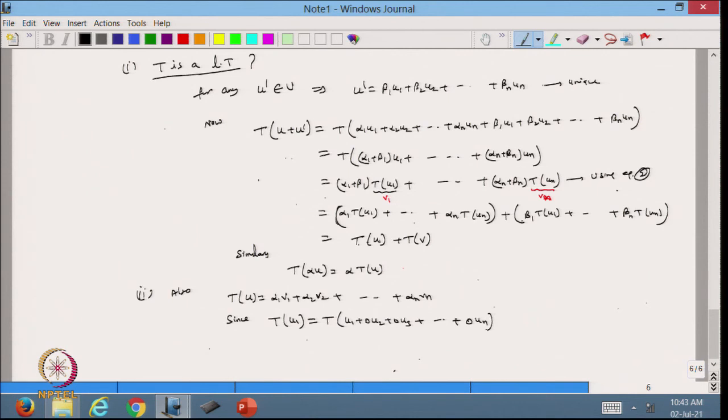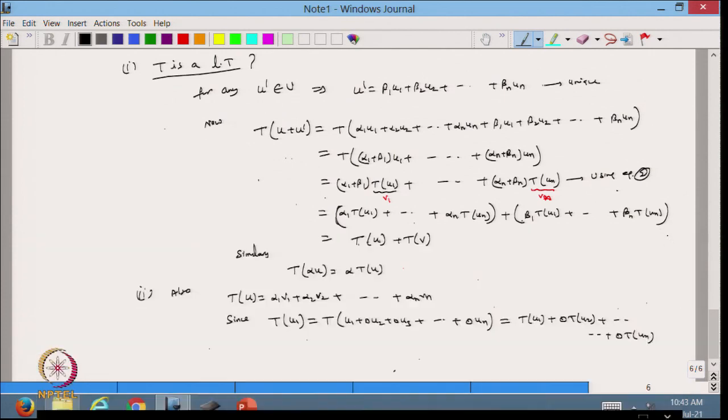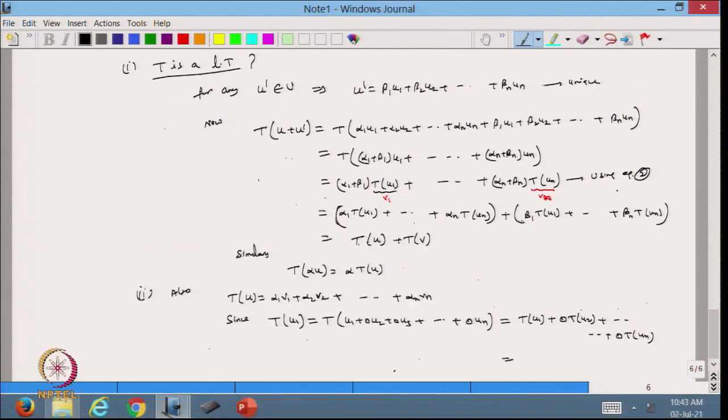This one I can write like this, and this one I know is equal to T of u 1 plus 0 T of u 2, that we already know, and this is equal to T of u n. Now, from here, because this is a 0 element, it will be T of u 1, and if you see from here, this is the same as v 1,